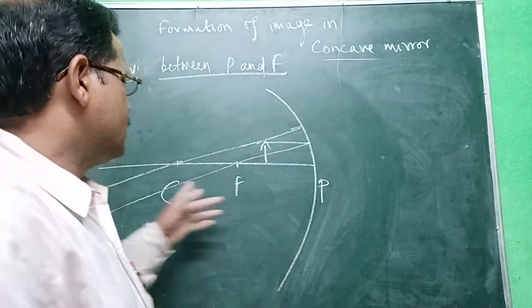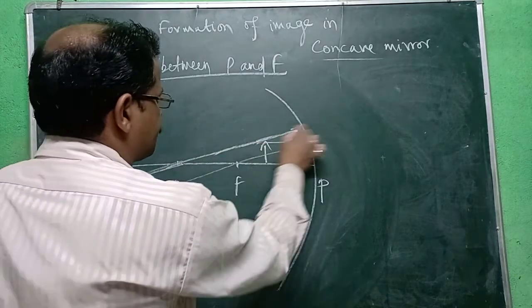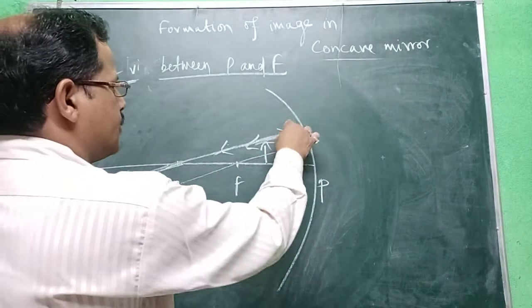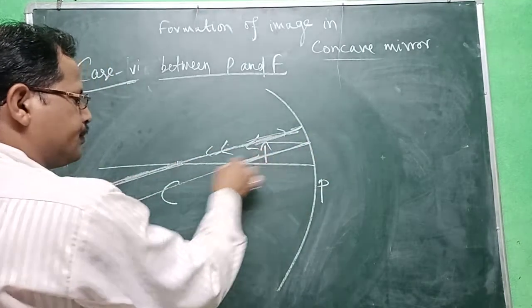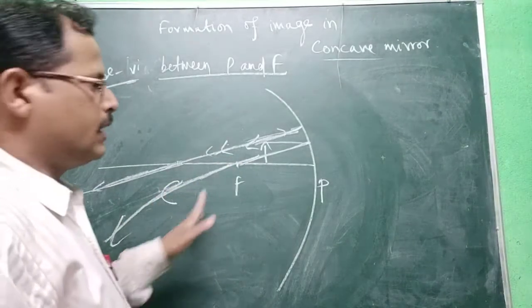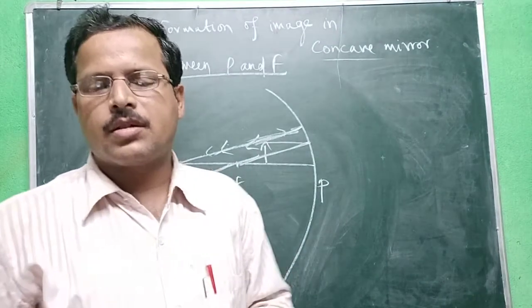The both rays are somehow diverging from each other. The same path through the center of curvature, and through principal focus, such type. In the front side, there is impossibility of intersection of